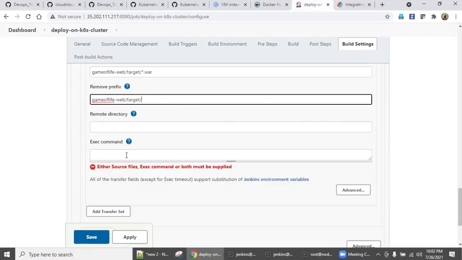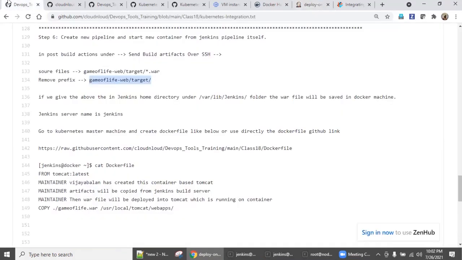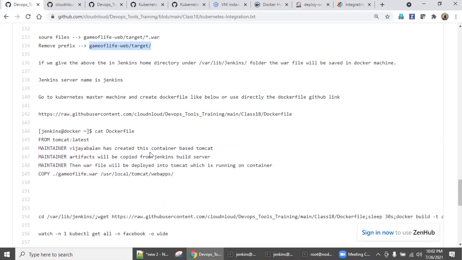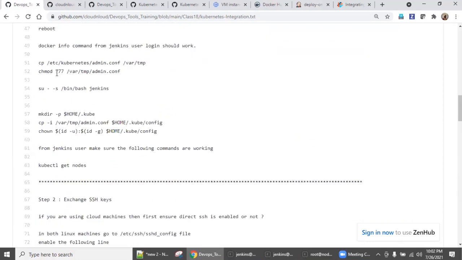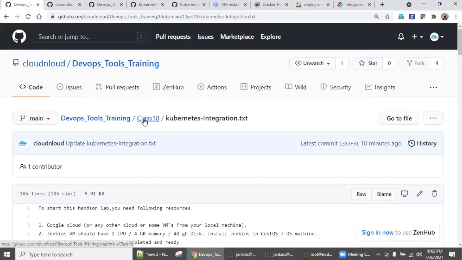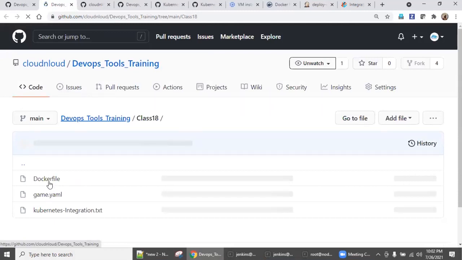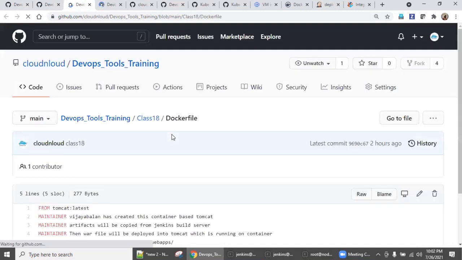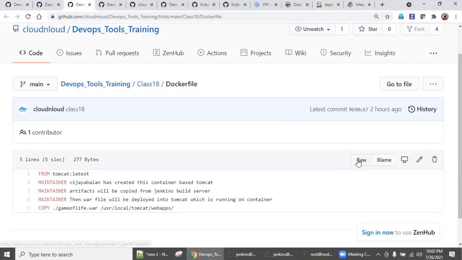Copy this, come down, and then execute command. So I want to explain this execute command. Either you can create a Dockerfile there, but that is not actual automation, right? If you go to this repository itself, I have placed two files. One is the Dockerfile and the other is the game file. Right click, and the YAML file also, I'm right clicking. I stated a couple of times during Docker training classes and Kubernetes training classes, always take the raw.